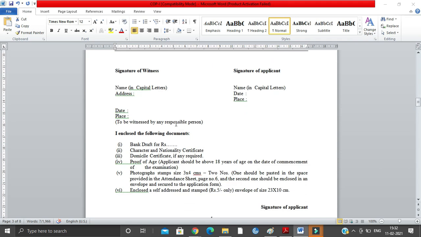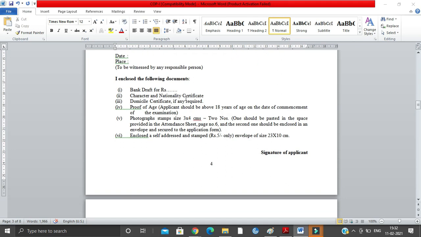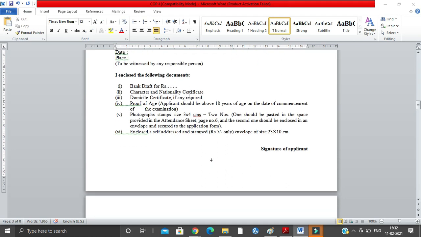To be witnessed by any responsible person, yes. You should cross check whatever you have written here. Bank draft, here you can put 500 rupees, and instead of bank draft you can cut it and write down NTRP. Character and nationality certificate, which will come afterwards, so you have to put this nationality and character